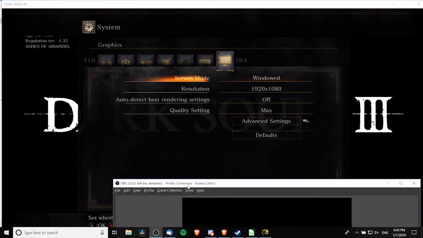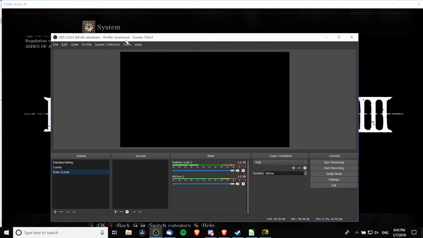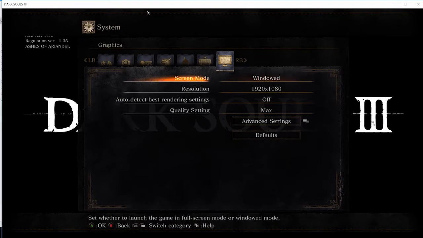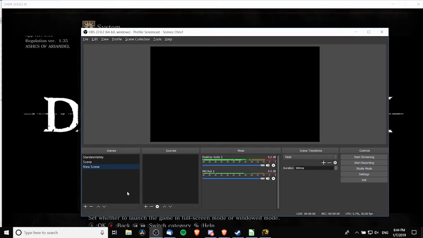So the first thing you're going to want to do to set OBS up for game recording with a webcam is to have your game open. So boot it up in the background. I have it in windowed mode right now just for the convenience of being able to switch between OBS and Dark Souls really quickly. So once you've done that, boot up OBS and you're going to want to add a